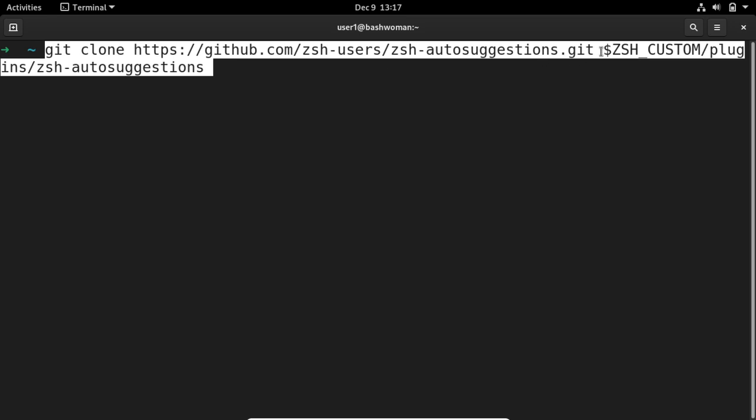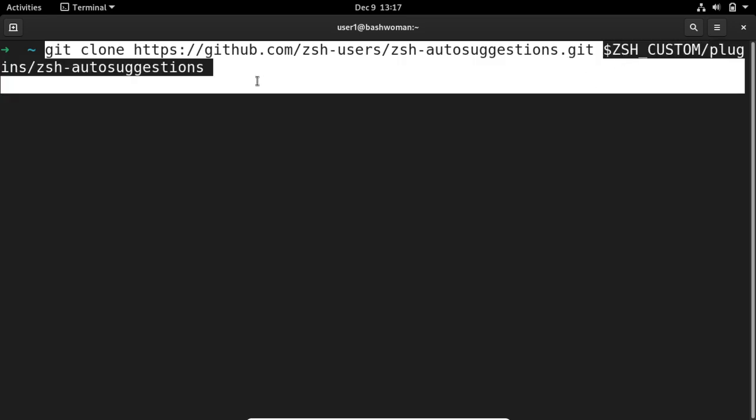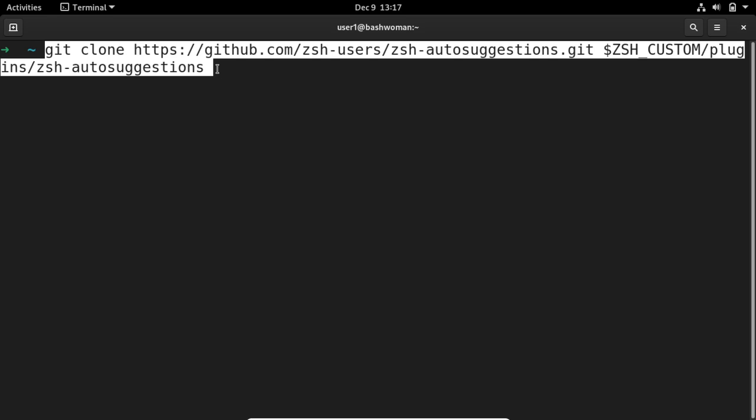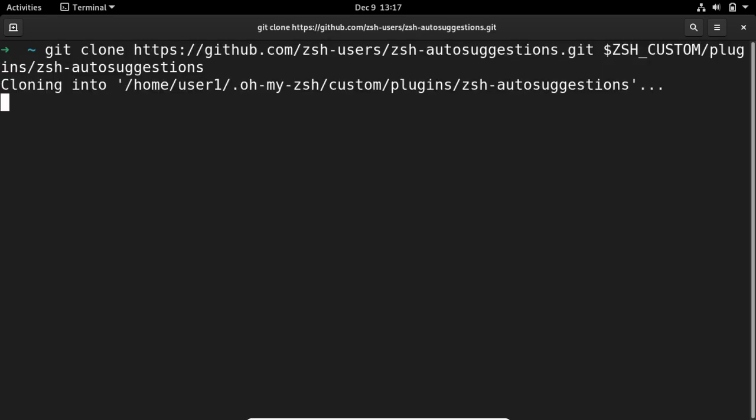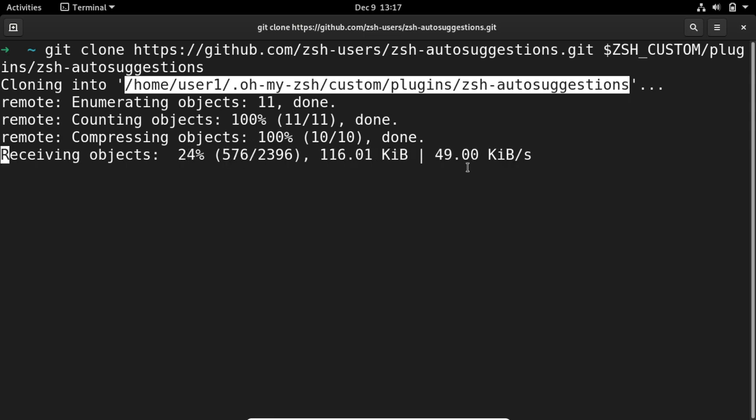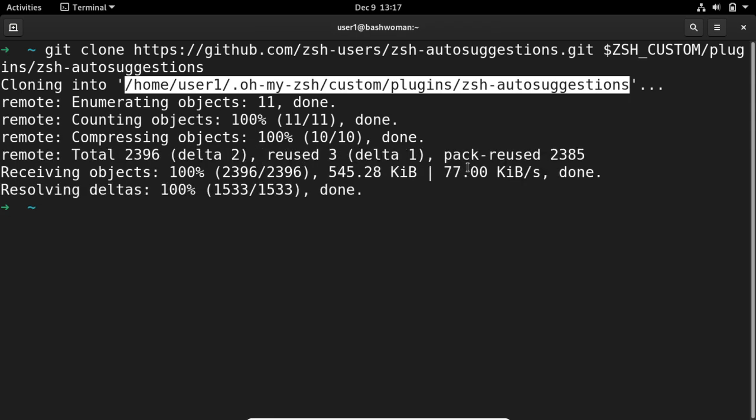I need to save it again in this custom folder, otherwise it will just save in the home directory. So just press enter, and it's now cloning into this folder. Okay, now it's done.